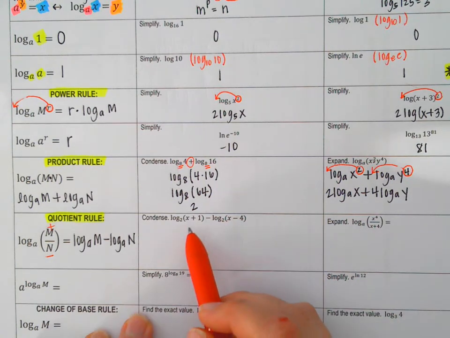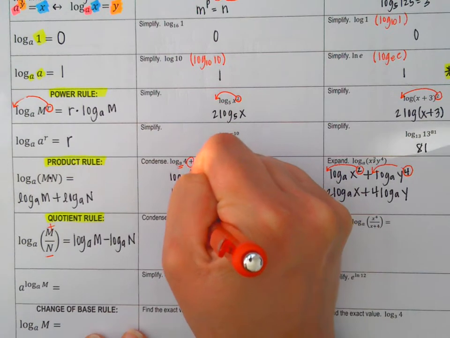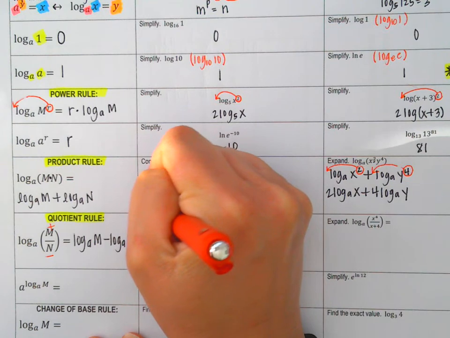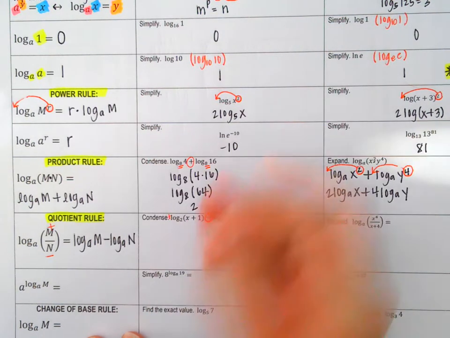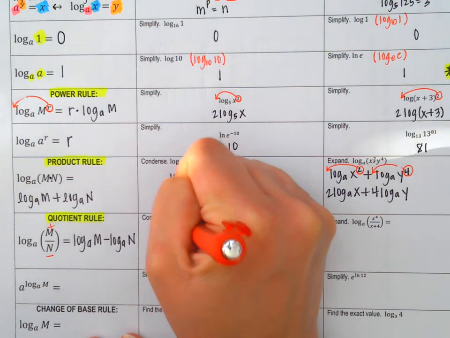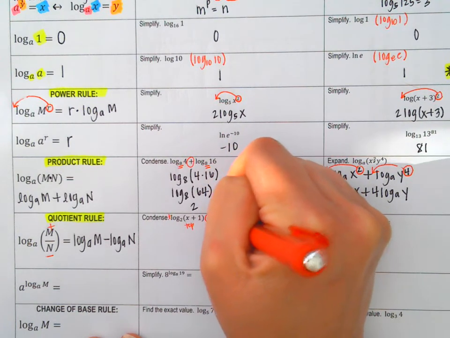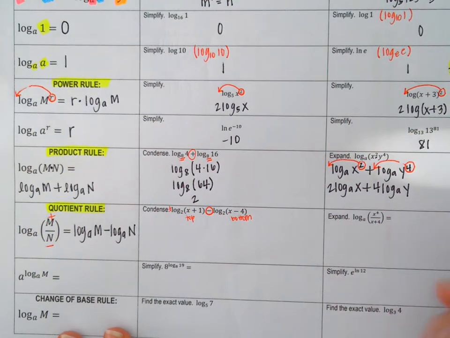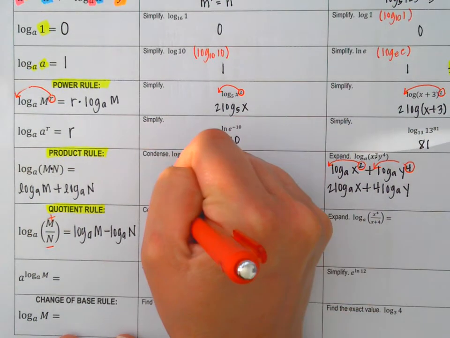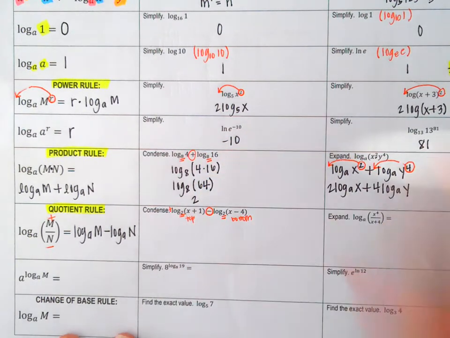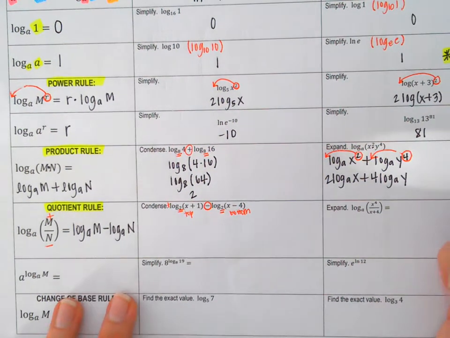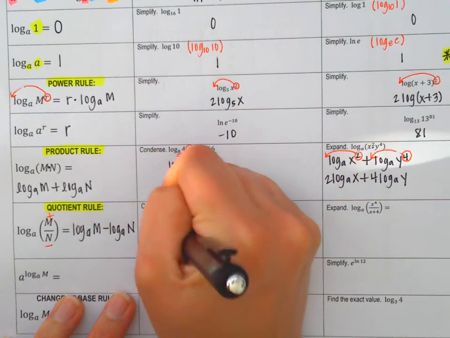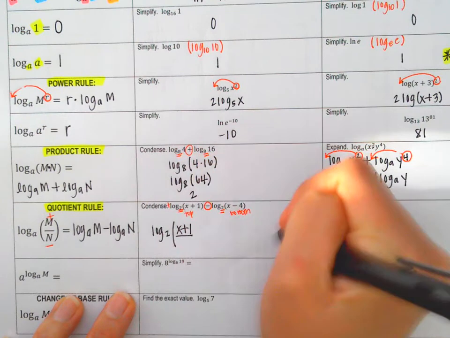So when we condense this one, I look to see, okay, this is a minus, and then this doesn't have a sign, but we can always assume the sign when there is no sign is a plus. So that means that this is going to go on the top, and this one is negative. It's going to go on the bottom. So when I condense it as one, I'm going to rewrite that. Again, I have to double check. I know they do, but I double check. Do they have the same base? And they do. So to condense it, I would write it as log base 2, x plus 1 is going to go on top all over